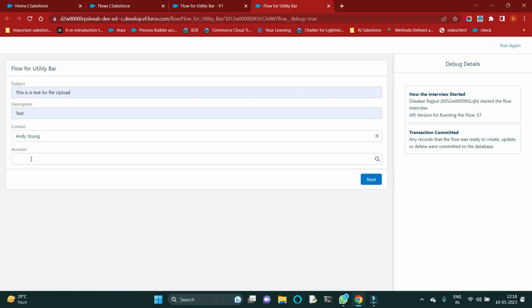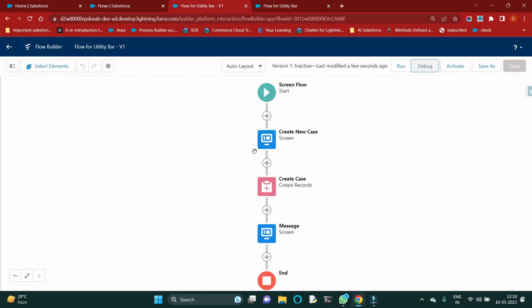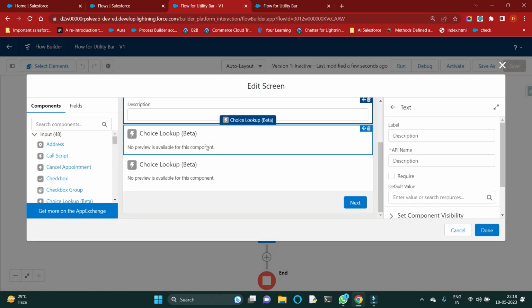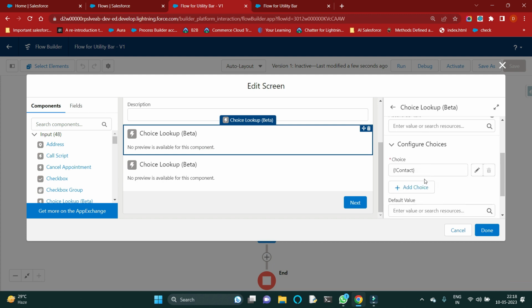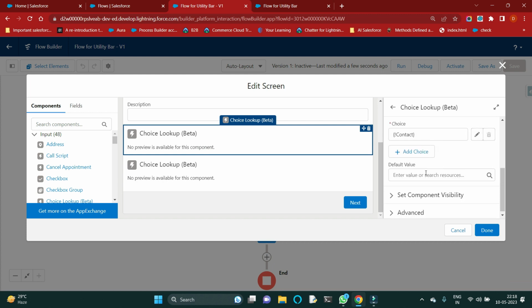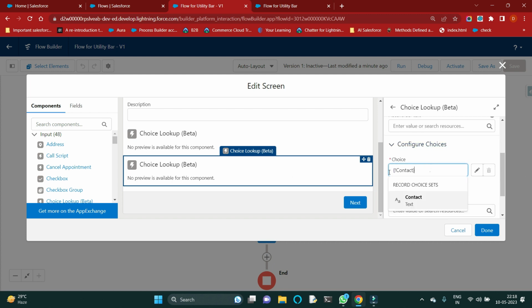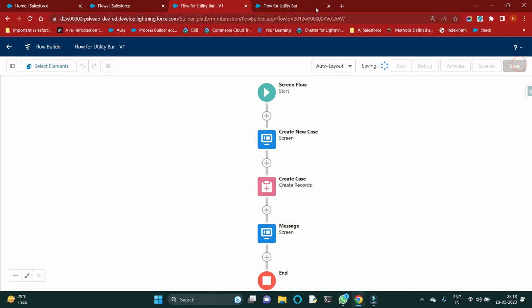For account and contact, we are getting the same values, right? So let me check first. And for our screen, here we have the contact lookup and choices contact. And for account, yeah, we made a mistake here. We need to select the account list here, not the contact. Okay, just click done and save this again and debug again,